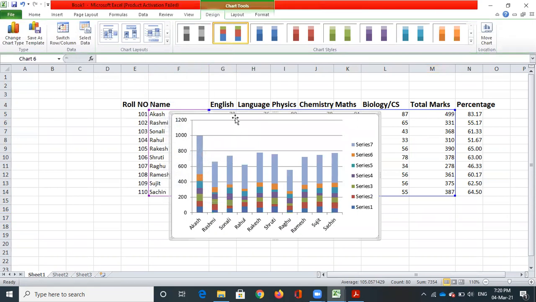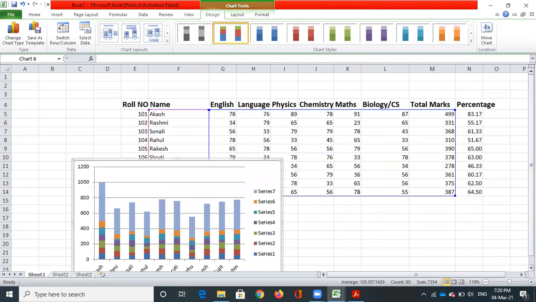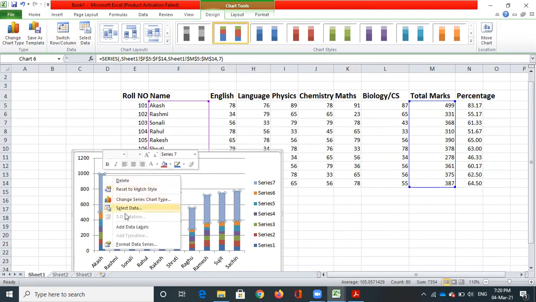So now a graph is generated automatically. So now for this, you can see that we have different names followed by their total marks that we have scored. So if you want to highlight the marks, select this particular column. A small bubble will appear on all these columns. Right click on this and say add data labels. We call them the data labels that will indicate the total marks.